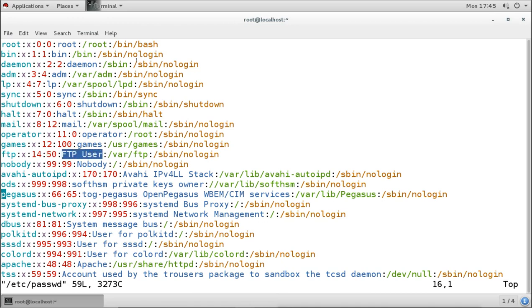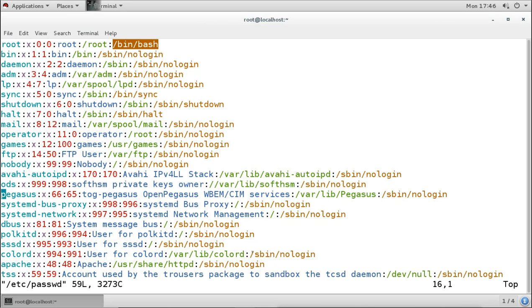But these system users get the shell which is called nologin. Now why do they get nologin? Because these are system users. They don't have to log into any interactive terminal. They only have to work in the background. So they should not have permission to log in interactively on any terminal or shell. But root user is a system user which we use to configure everything, and it needs to log in, so it is getting the bash shell. But other system users are not getting any shell. They are getting nologin.